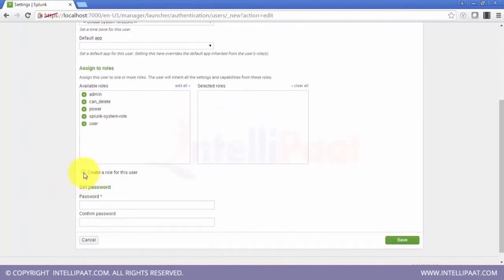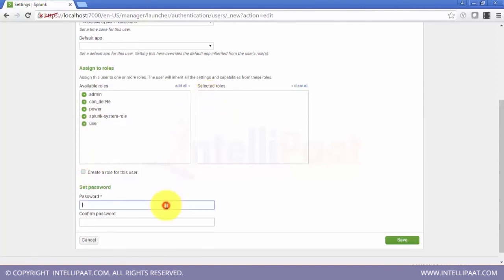Also you can create a new role. Suppose you have created this with these two available roles, you are creating a completely new genre of roles, and maybe you need to give it to multiple people, maybe not one, maybe five. So you create a new role along with the user. A new role would be created, which next time when you log in you might see up here in the available role section. So on checking this box you will get to do that.